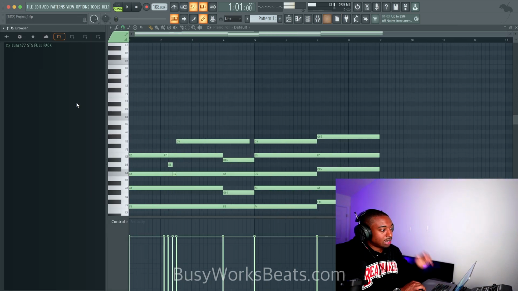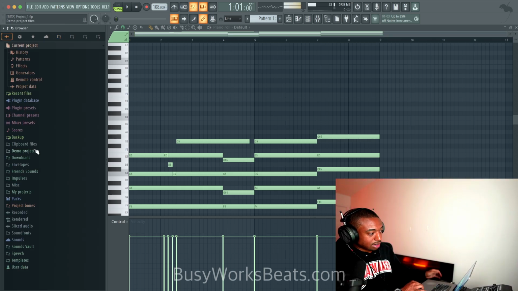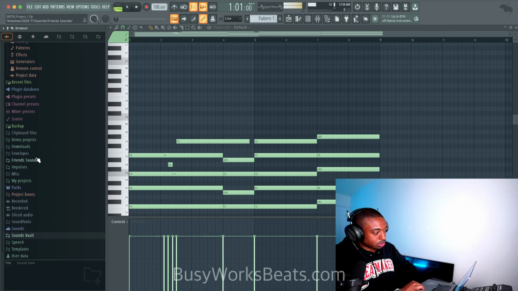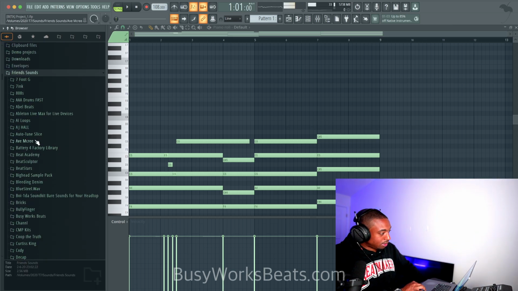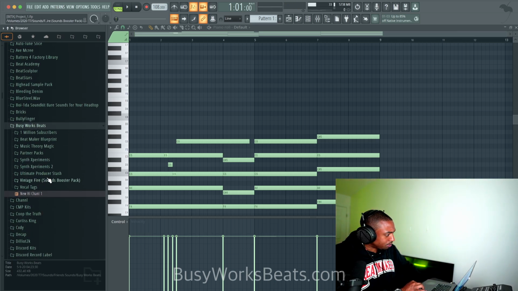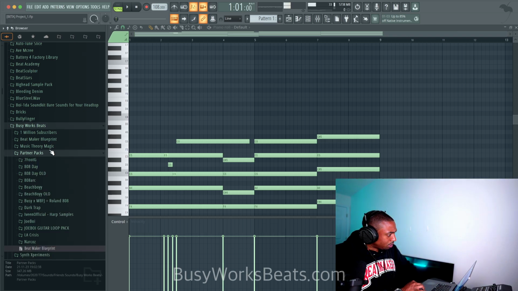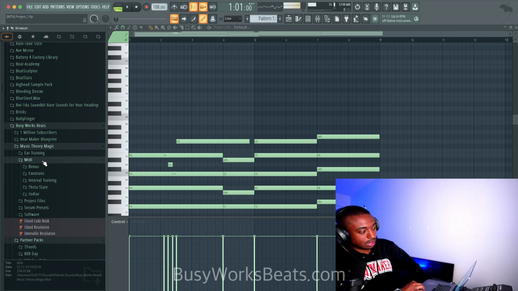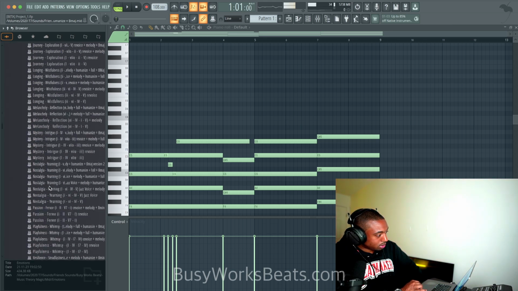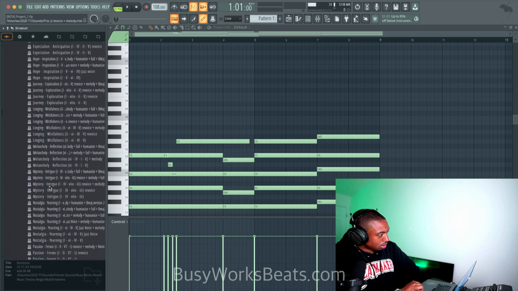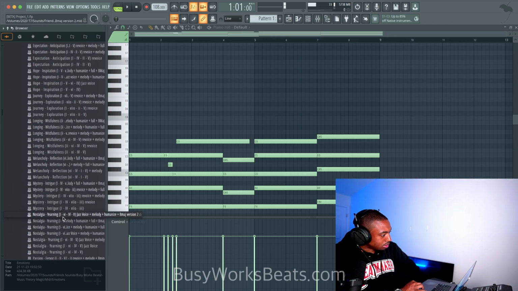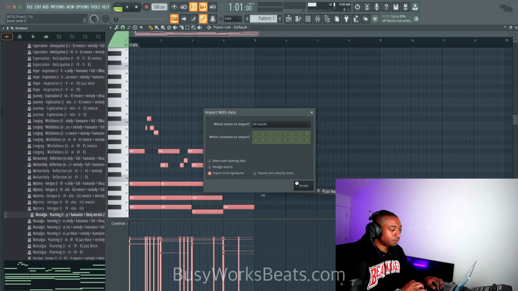Let's add one of my, if you guys go to busyworksbeats.com/sounds, we have what's called a sounds vault. And what I'm going to do is drag in, if I even have it on my computer. I moved my hard drive, so hopefully I have it on this computer. I want to pull in, so there's some MIDI in the sounds vault. And what I'm going to do is pull up this one, the nostalgia one. Let's do this because it has a melody over top.